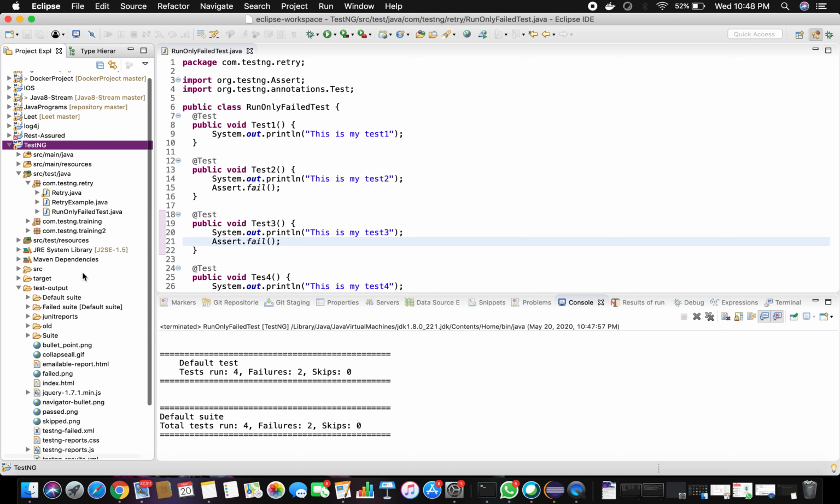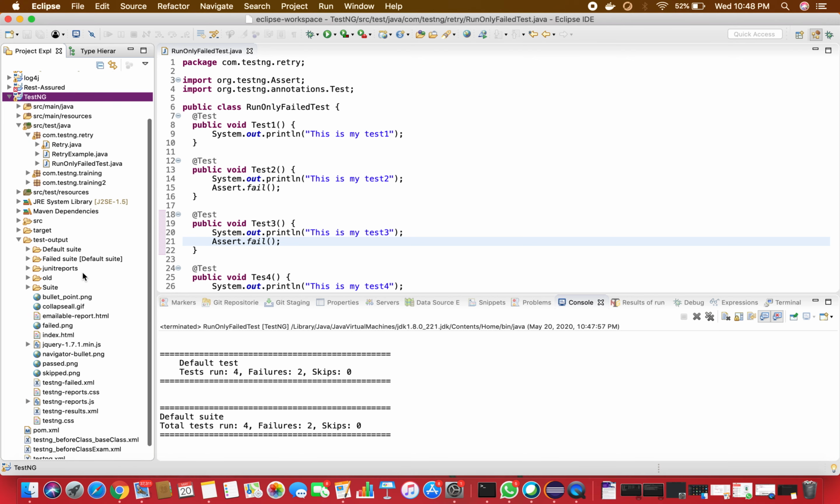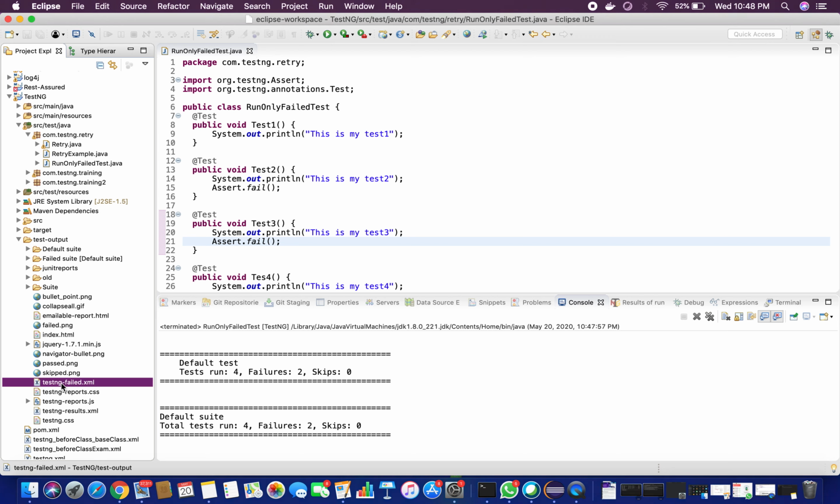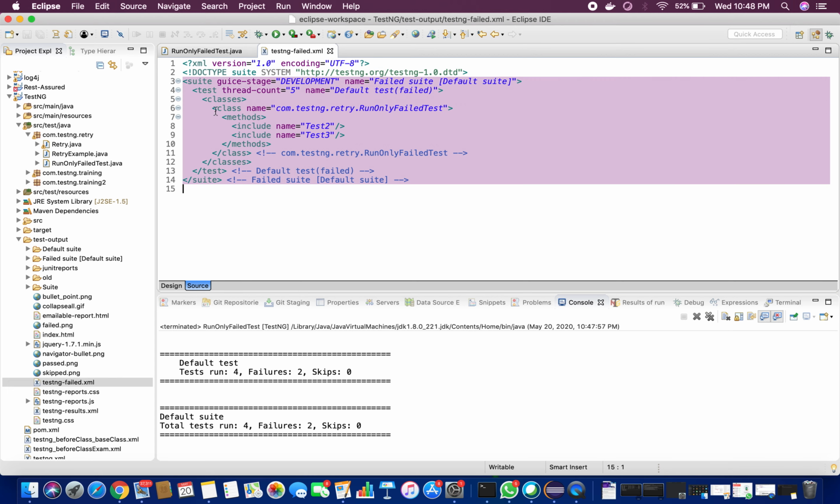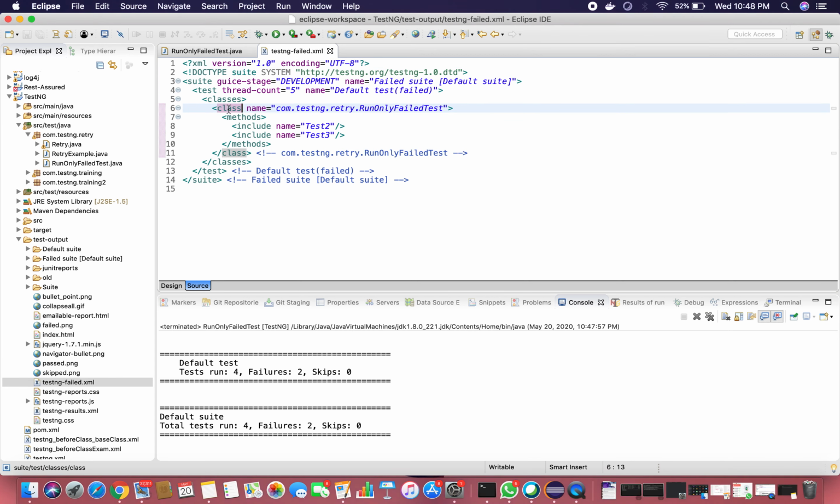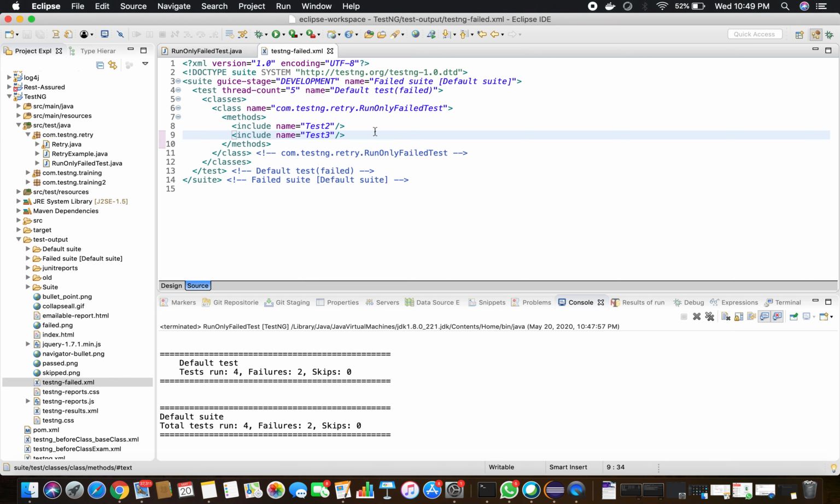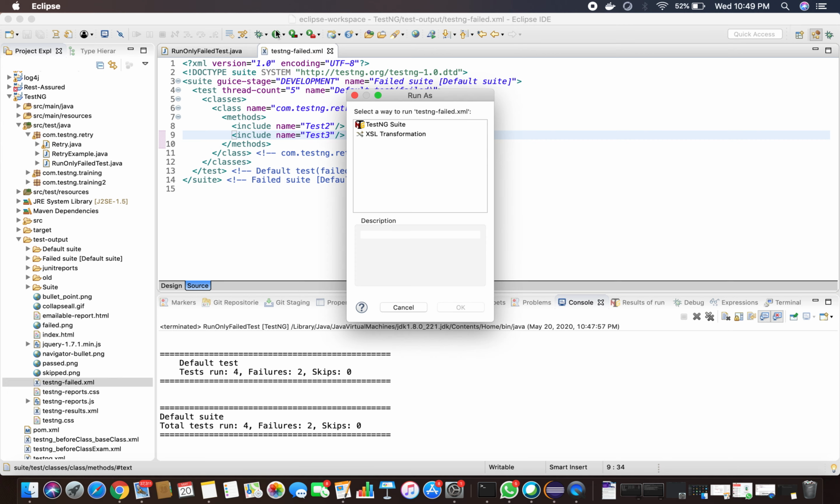Go to the test-output folder. This is created once your execution is done. In this folder, you can find an XML called testng-failed.xml. This is the XML which holds all the failed test cases. See the XML structure: a suite, test, classes, and this is our class. Inside that, there are 2 failed methods, test2 and test3. So this XML is automatically created under the test-output folder once the execution gets completed, with only the failed test cases. Now if you run this,